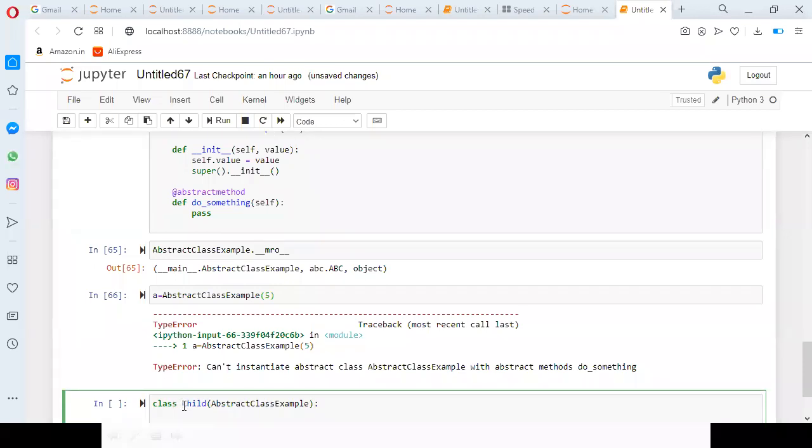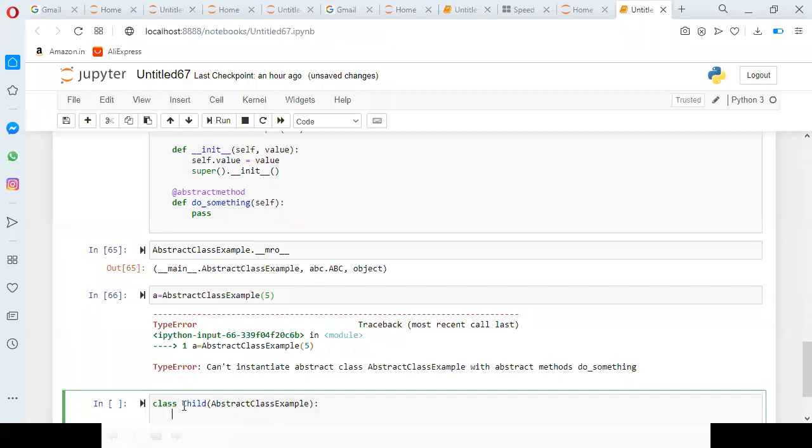When I'm trying to utilize this abstract class, whatever functionalities you want to provide, you can provide here, but you must implement the abstract methods which are declared in AbstractClassExample.